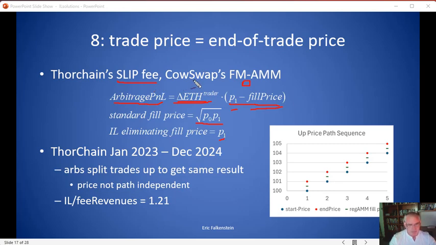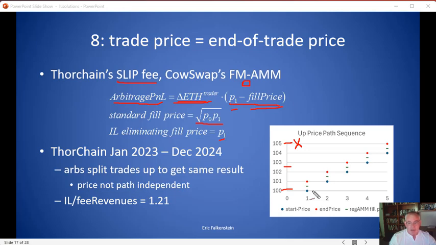And I don't know exactly how CowSwap does it, but in effect, it's the same thing. And this is easy to get around. All you have to do is split up the trades. If the arb was to look at a price of 100 and say, oh, I want to push the price to 105, with a standard AMM they pay a price of 102.5. So with this mechanism, they would charge that same arb on that same trade 105,